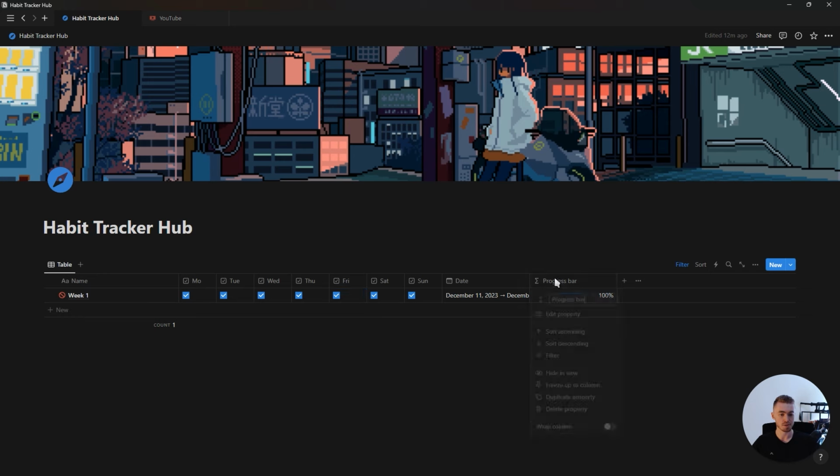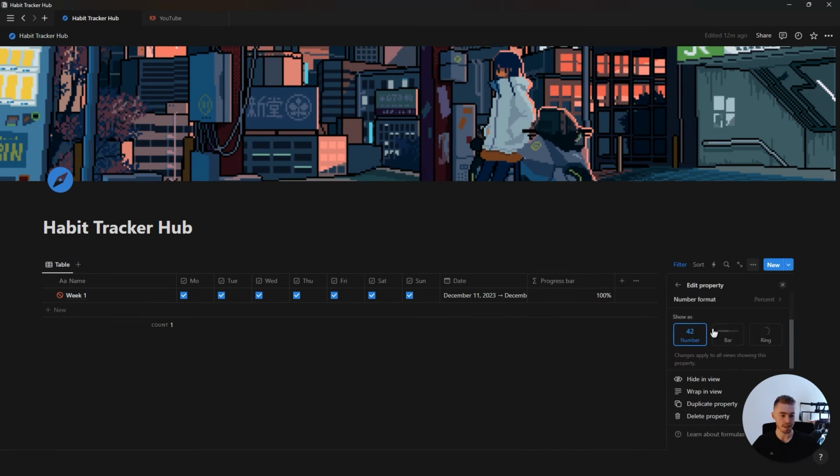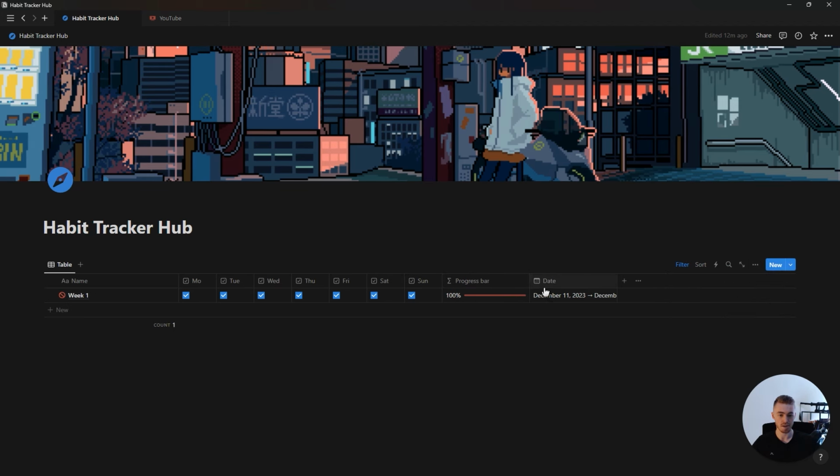And now the last thing we want to do is just edit this property and then select the progress bar or progress ring and also change the color. And there you go. Now you have a progress bar that will show the total percentage of your checkboxes for